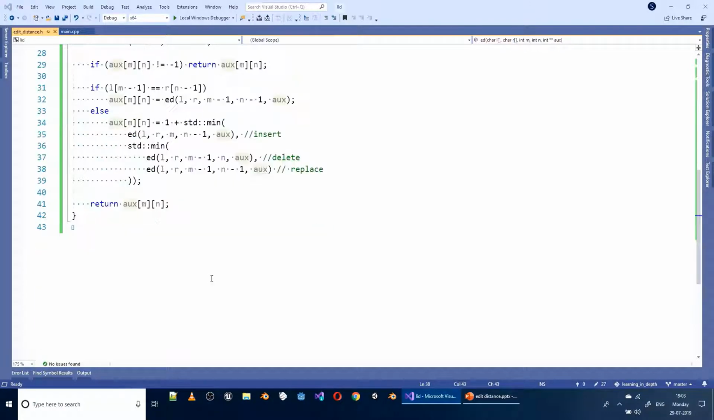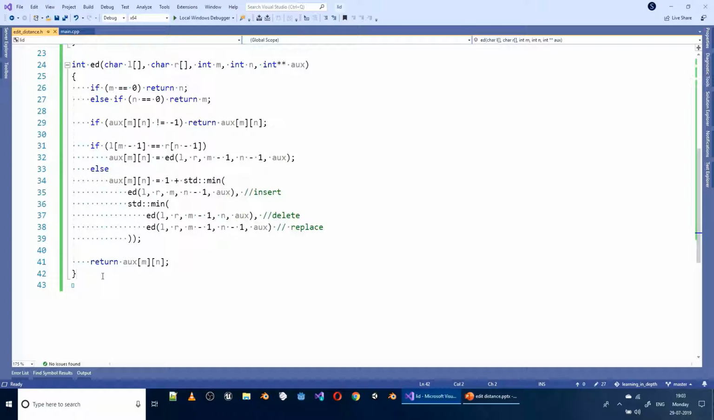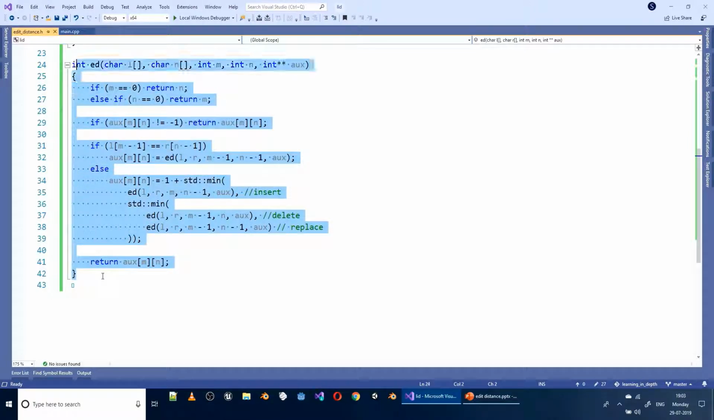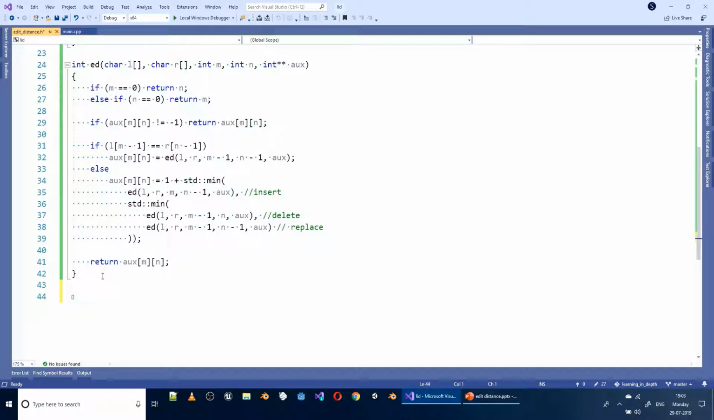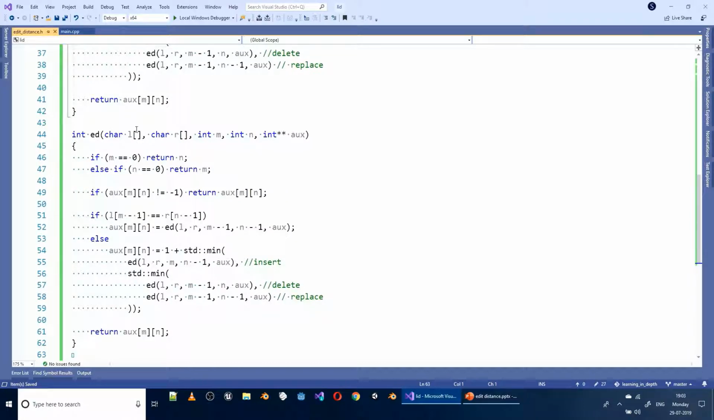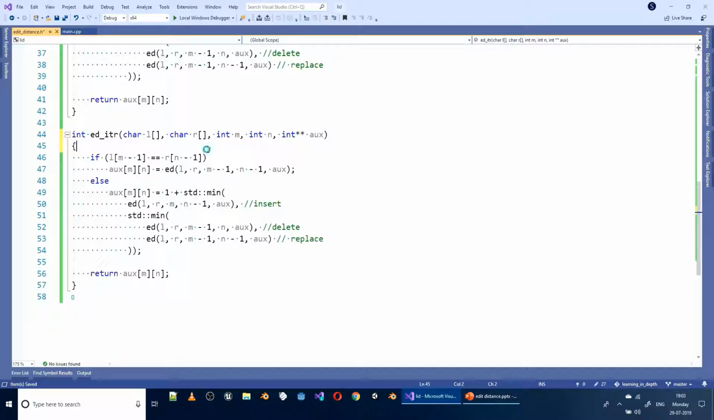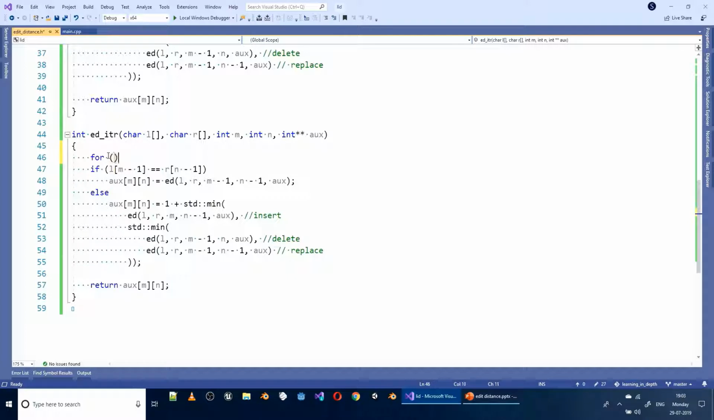Now let's implement the iterative version of this particular function. We are going to use our previously implemented function as a reference. Let's rename our function to iter. We don't need any returns now. Rather, we need two for loops. int i